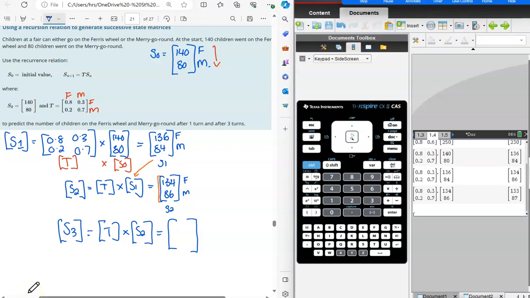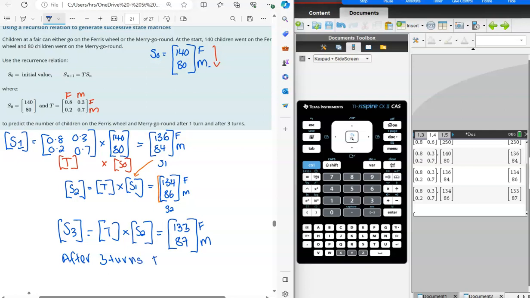Okay, so we've done that. We've done the transition times S2, and we found that it's 133 and 87. So this is the Ferris wheel and the merry-go-round. Now, it says to predict the number of children, so you can't just leave it like that. You do need to show your calculations, but then you would say after 3 turns,